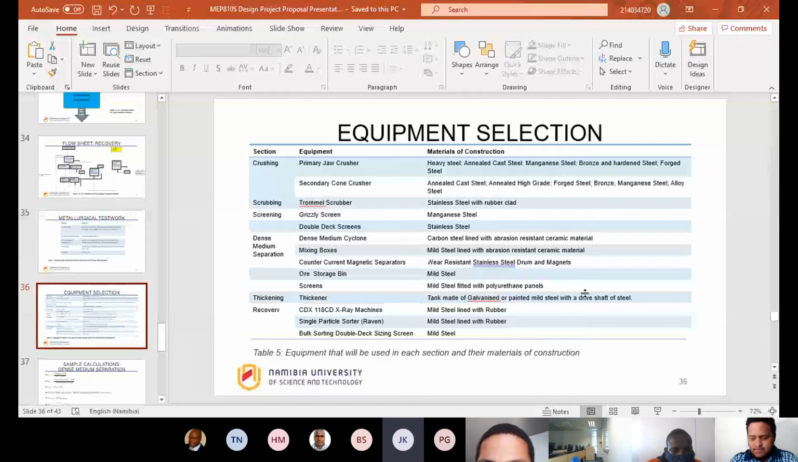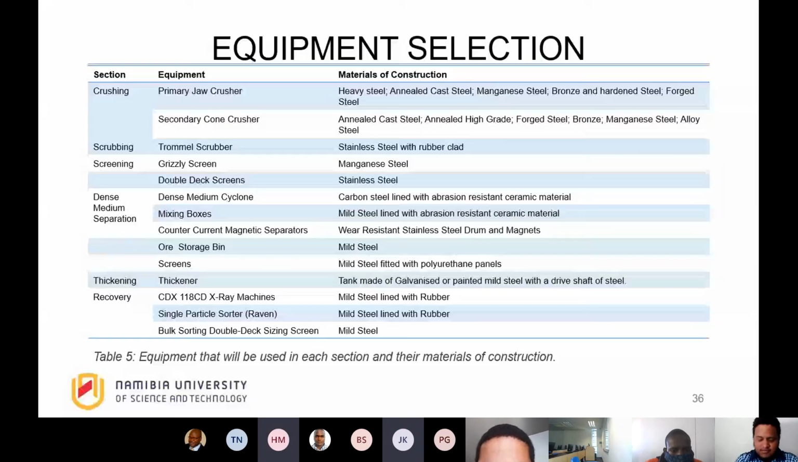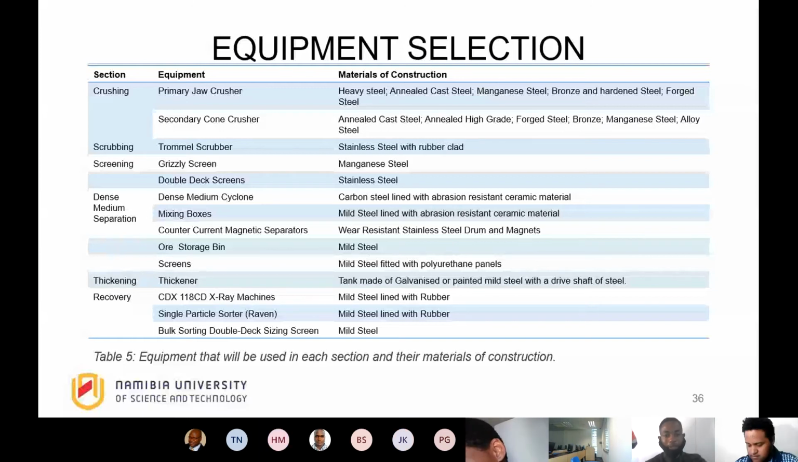I just want to seek clarification from you on what you mean by heavy steel. I see on the primary jaw crusher material construction there, it says heavy steel. Can you just please clarify for me what that means? Okay, I can clarify that for you, Ms. Kurasha. The heavy steel, that's actually just a mistake that Dorian did. It's actually supposed to be